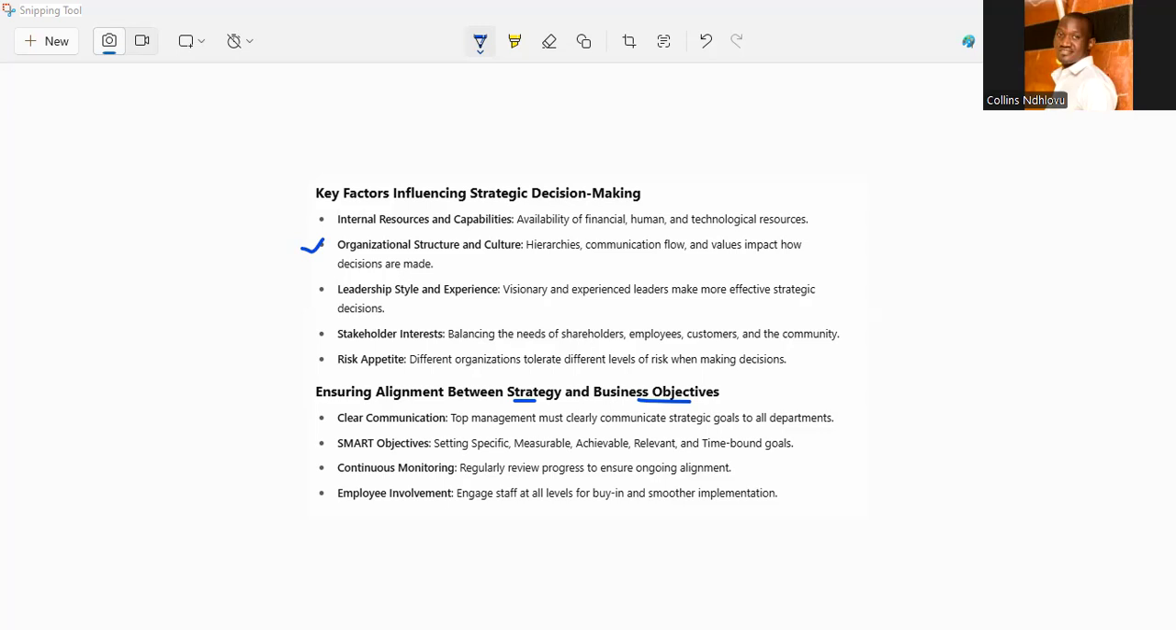Lastly, but not the least, there should be employee involvement. Employees at all levels of the strategic decision-making process must be involved to ensure that they create alignment. When employees understand the goals of the organization, the input will be fortified. So, in a nutshell, we can say that